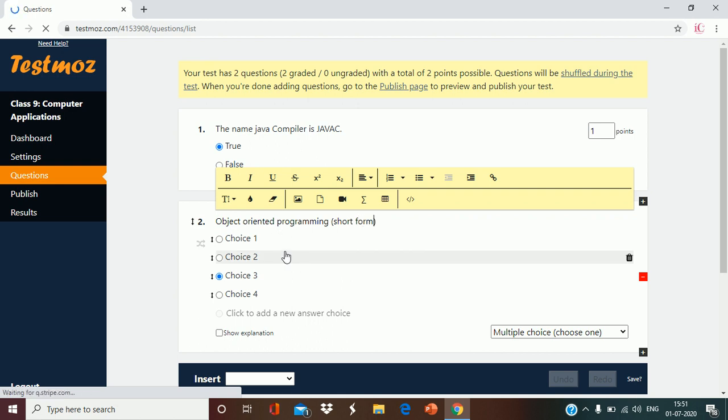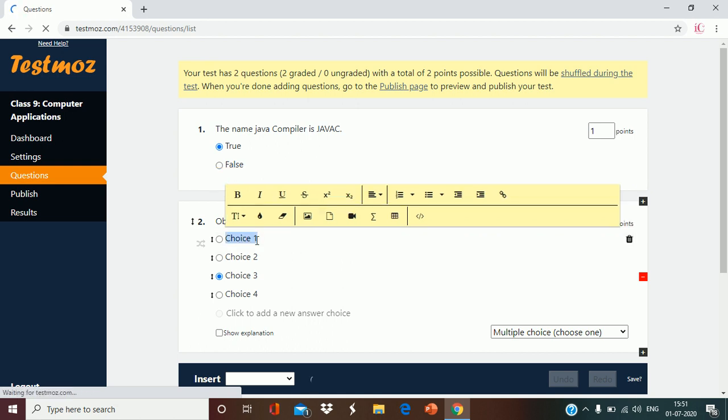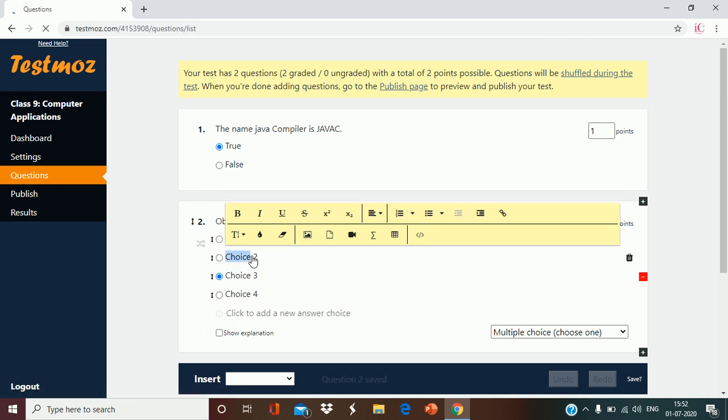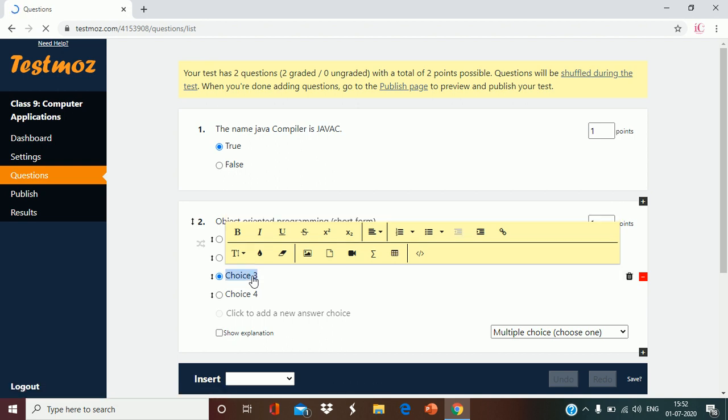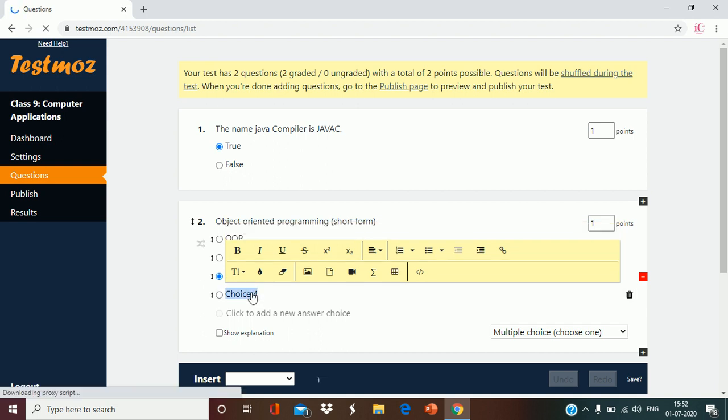So first I will write here OOP. Second I will write here, any option you can, I'm just giving you a demo, that's why OOPS. Java OOP. Any options I have given here, but the correct one is this only.